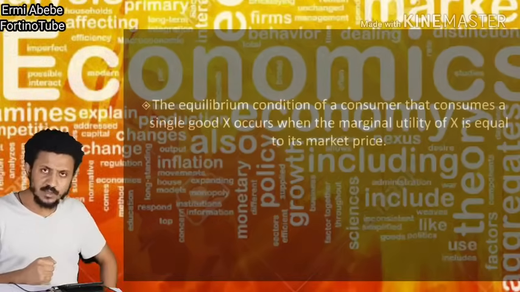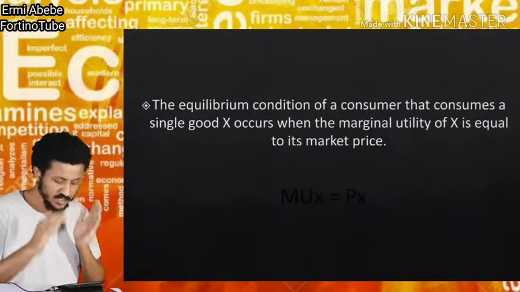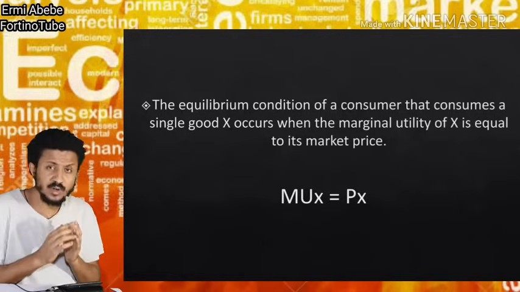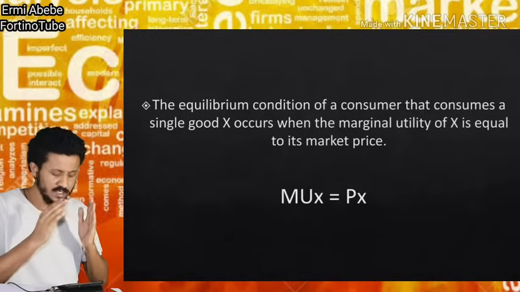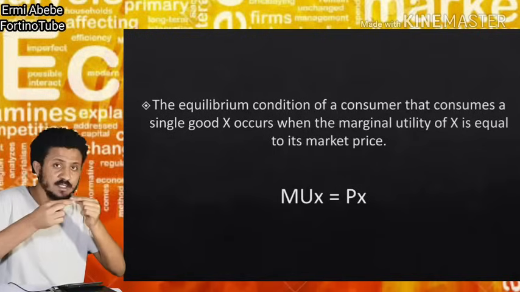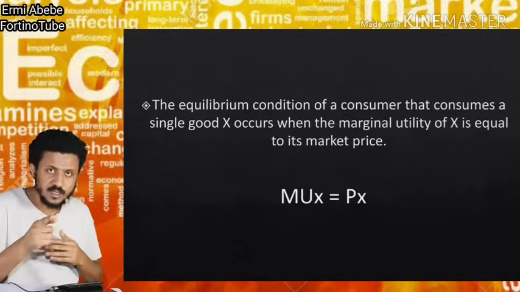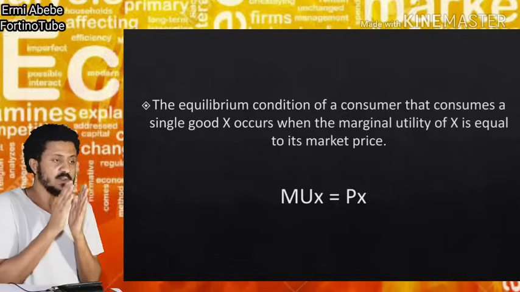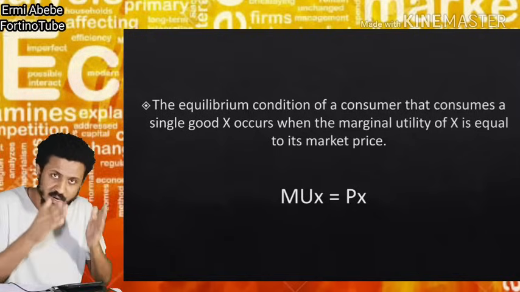the equilibrium condition ብለን እንወስዳለን so the equilibrium condition for a consumer that consumes a single commodity is that marginal utility from that product which is x is equal to the price of x መሆን አለበት in our case orange ስላለን marginal utility from orange, additional satisfaction from orange, must be equal to the price of orange in order to reach the equilibrium condition. Equilibrium condition reach ተደረገ ማለት ነው we have maximized our satisfaction from our consumption ማለት ነው